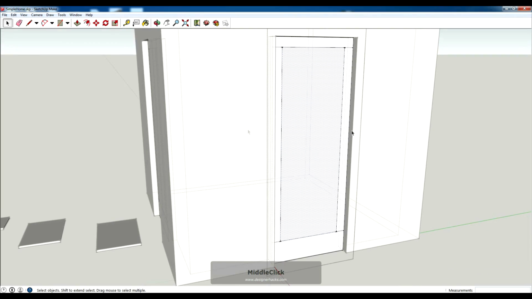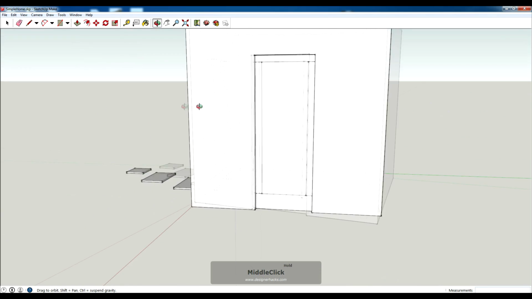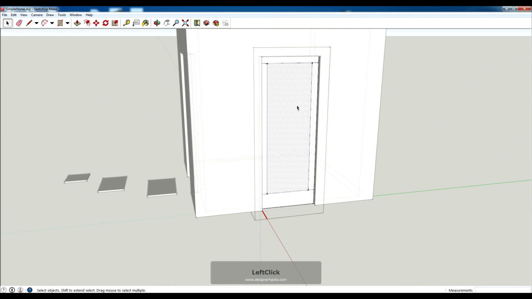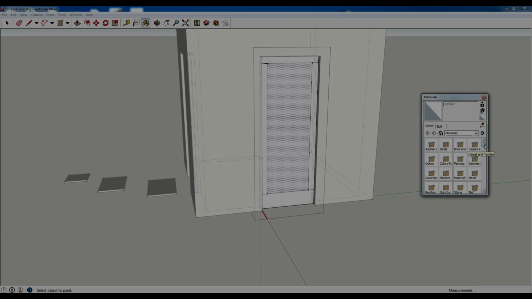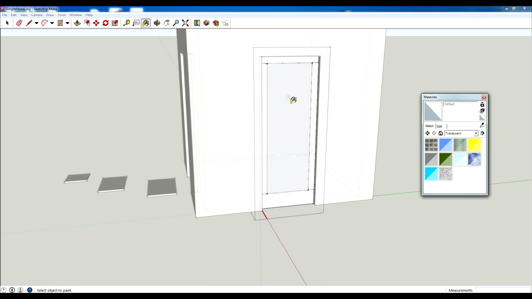So now I have this door, and you can see that it actually shows up over here too. To change the material of this, I'm going to select it, use this paint bucket tool. You can make your own materials, but right now I'm not going to show you how to do that. I'm just going to show you how you can use a translucent one. So I'm going to hit translucent glass gray. I'm going to just click on this,